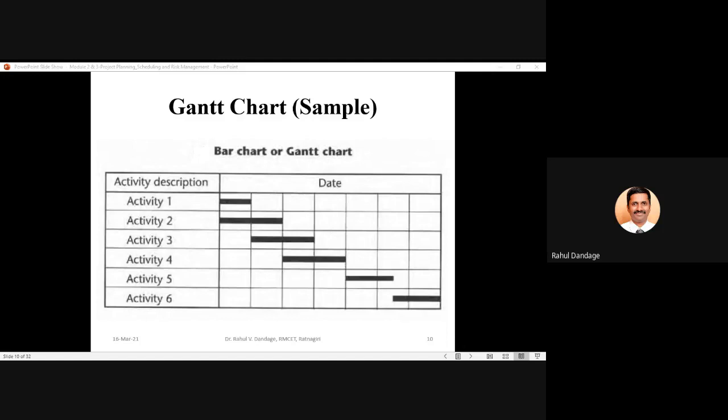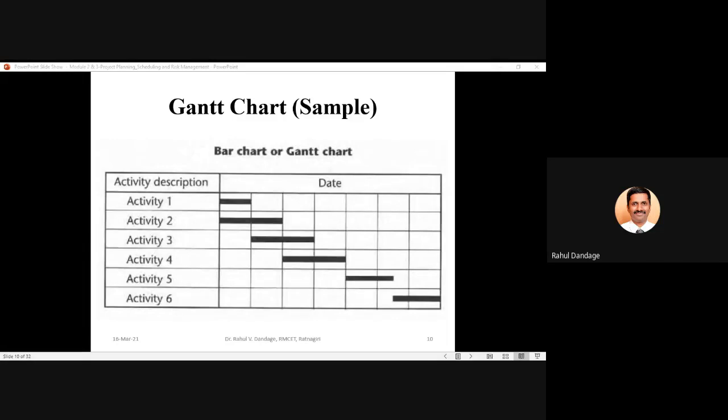At the top of them, the title is given as date, and all those columns contain black lines in the form of a bar chart, or bars, which have different lengths. The point at which they start and the point at which they finish are also different. So this is the general representation of any Gantt chart.